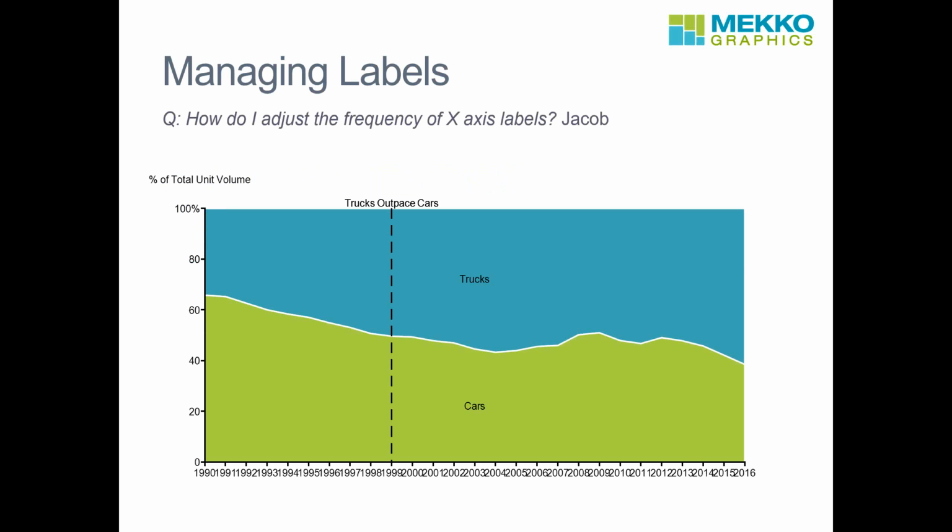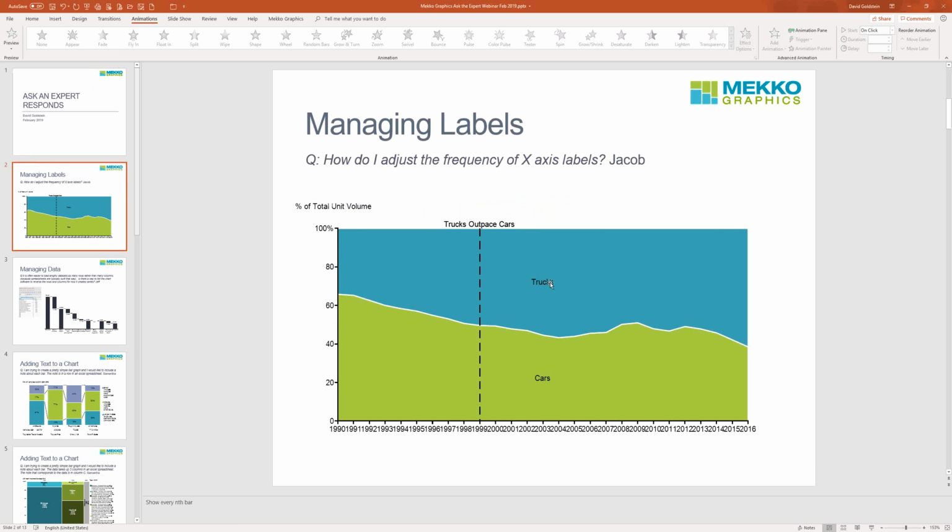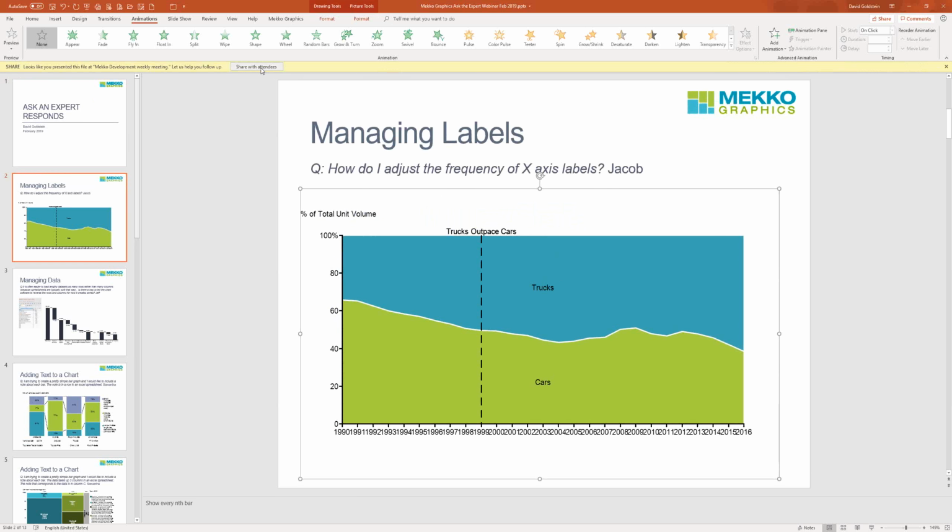The first thing that I want to talk about is a question we get often: how to adjust the labels on the x-axis. As you can see in this area chart, we've got a lot of labels on the x-axis because we have data points for each year between 1990 and 2016. And there is in Micrographics a very easy way to